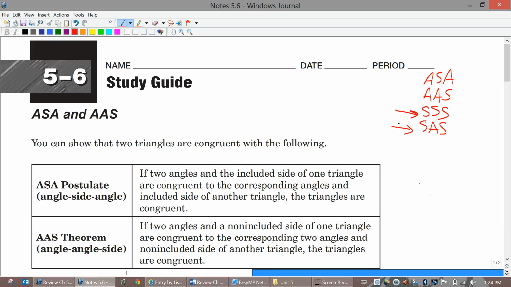Emphasis on the double A. And then we did SA. Okay? Four different ways that we taught it, that we went through. The ones that we did not say gave us triangle congruence was,